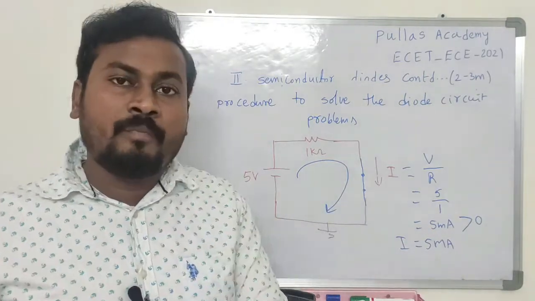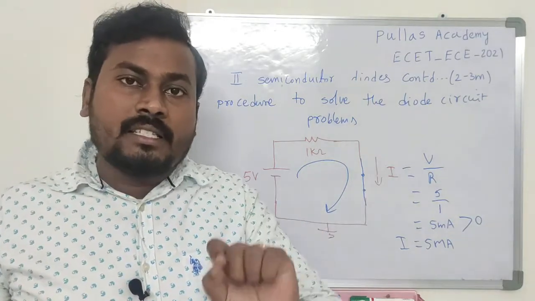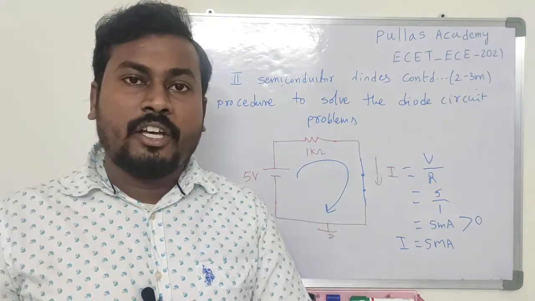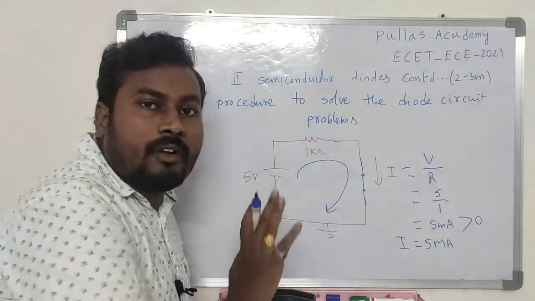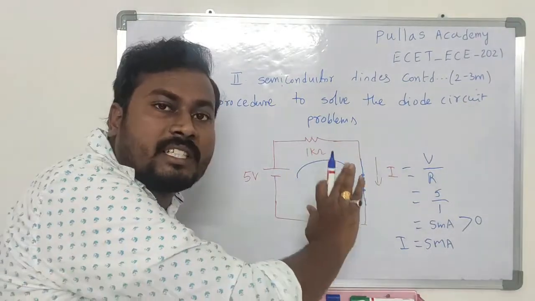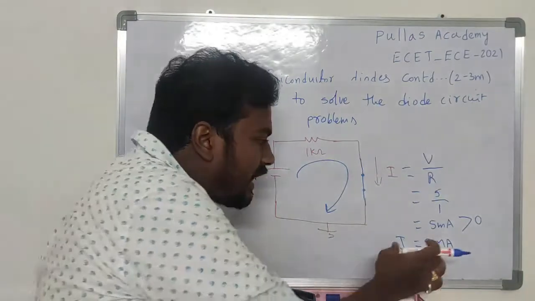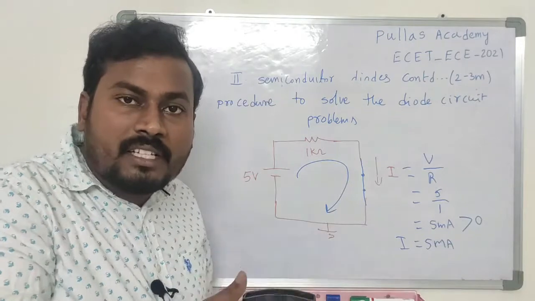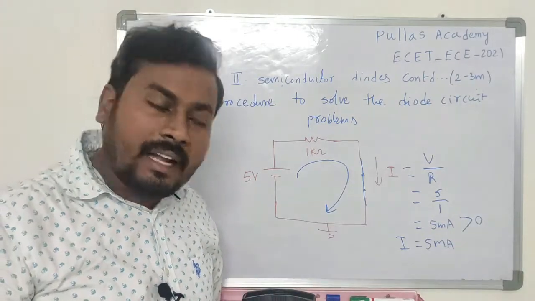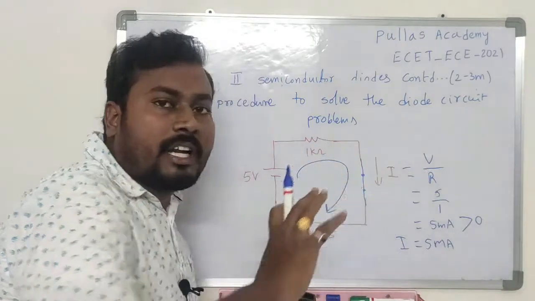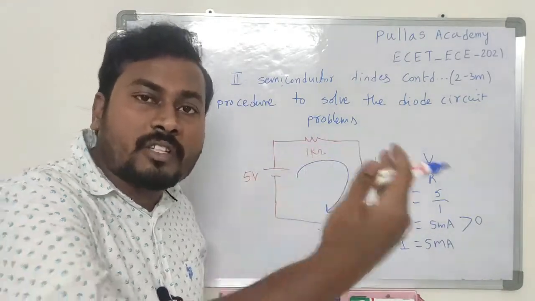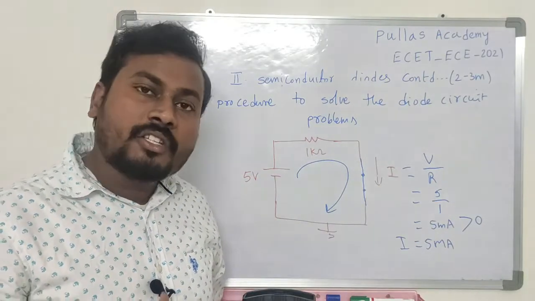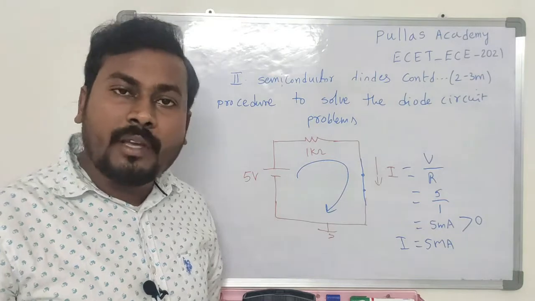The one step is, first assume that the diode is under forward bias. Assume that the diode is forward biased. Replace with short circuit if it is an ideal diode. If it is a practical diode, replace it with 0.7 volts. Then find the current through the diode. If the current is more than 0, we are right, and the diode is indeed forward biased, and the current through the diode is whatever value you are getting. If you are wrong, the diode is reverse biased and the current through the diode is 0 milliamperes. This is how all the diode circuit problems will be solved.